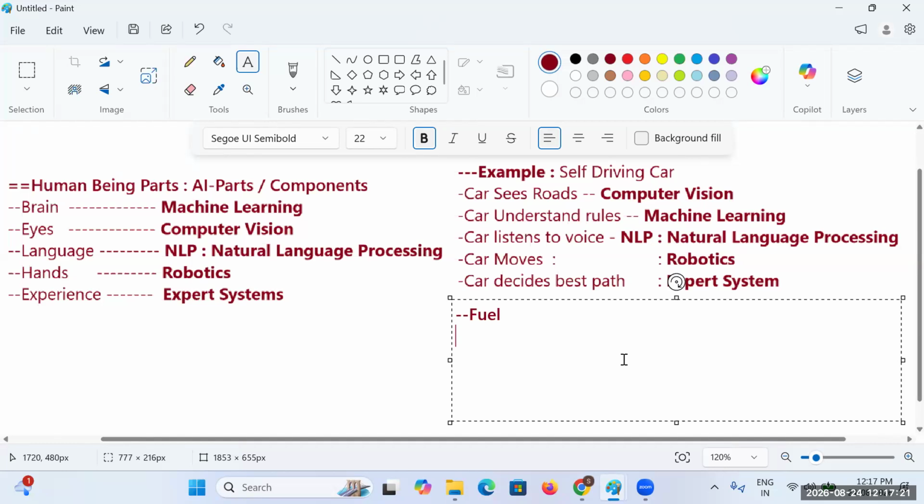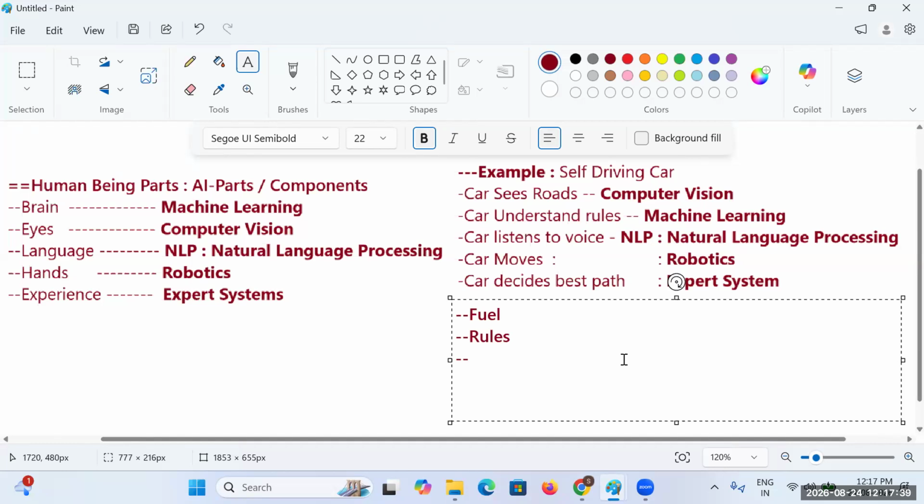Then in the same way, for every car, that particular aspect of rules needs to be followed. Whenever you are driving that car, you need to follow those rules.